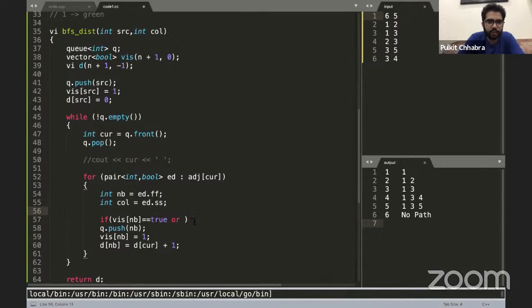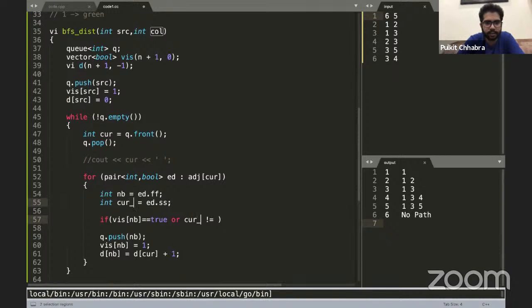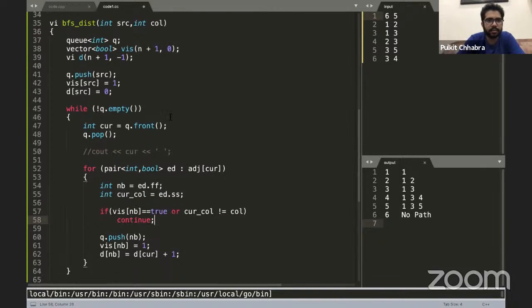So if the node has already been visited, or the color is not equal to, let's call it current color. Okay, if the current color is not equal to the given color, then I'll continue, right? So now the BFS distance function is getting this source node and this color, and all those edges having a color unequal to the given color, I'll just not consider.